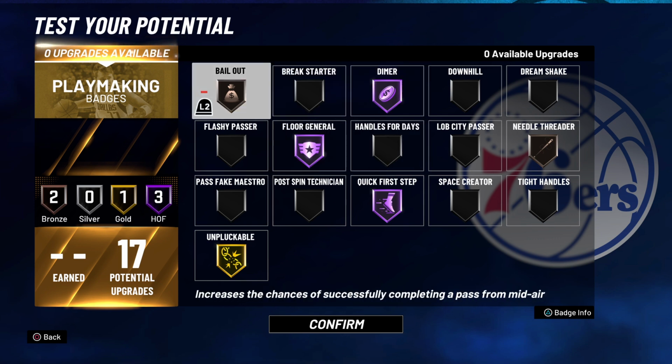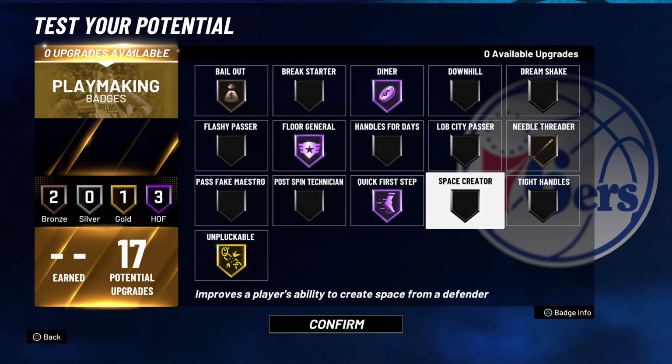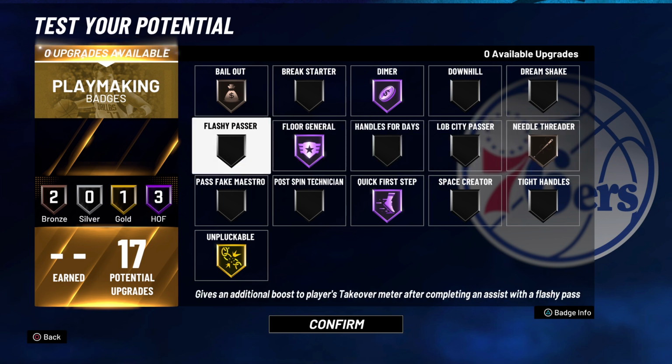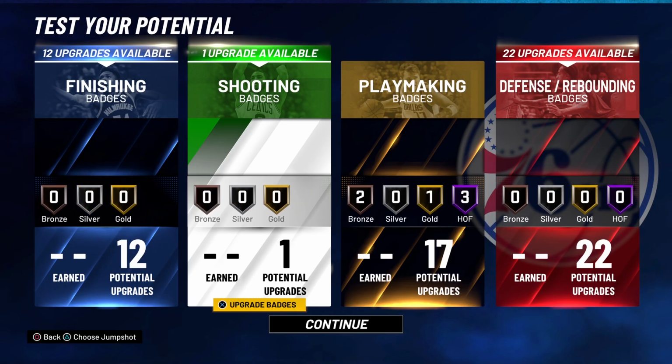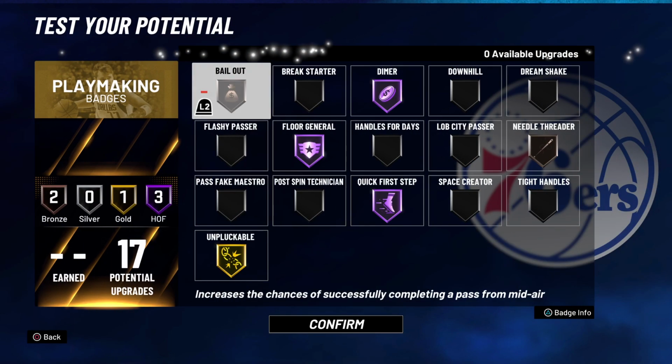You guys have the bailout in case you make weird passes. You can still blow by people, make some good passes with needle threader and unpluckable. Very underrated build. Definitely one of the better builds out there that are still very unknown. Very good for rep grinding. So this came number 2, the playmaking paint beast, and we'll finally move on to the last but not least,